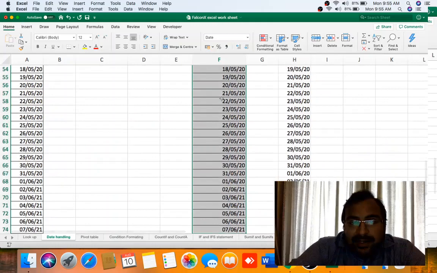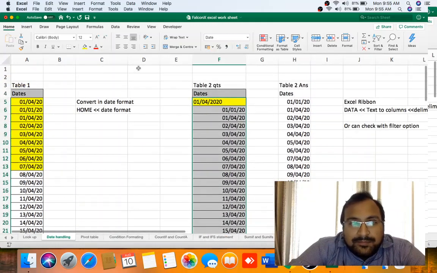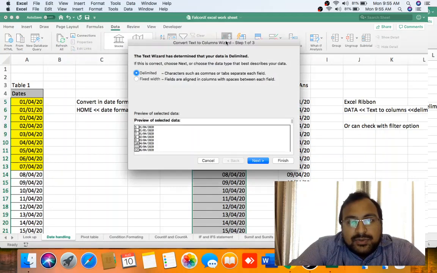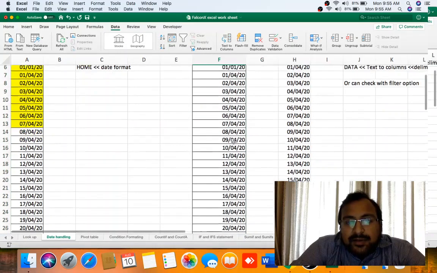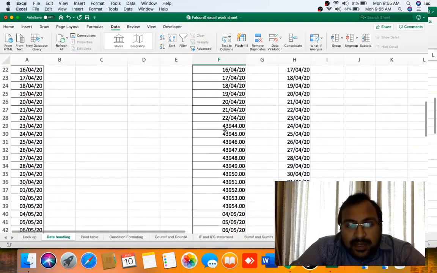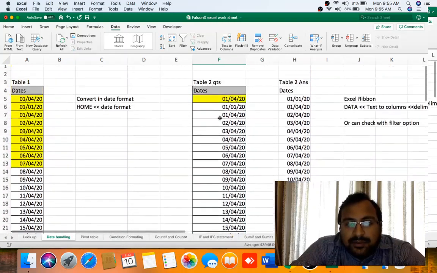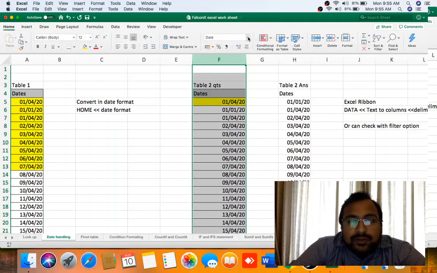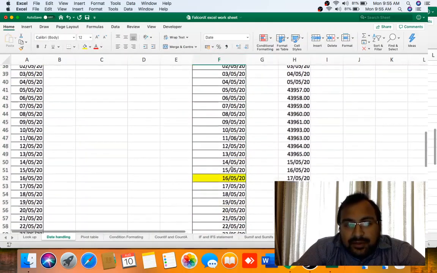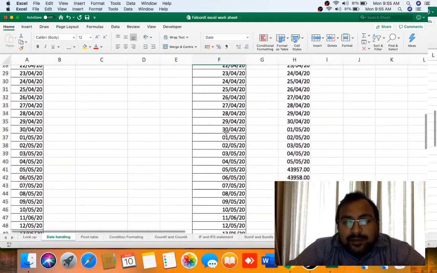Select the complete date column and then go under the tab Data, Text to Columns, Delimited, Next, DMY, Finish. As you can see, date got rectified, and now you can convert the number into date format as Home, Short Date as per your requirement. Everything got converted into a date format.